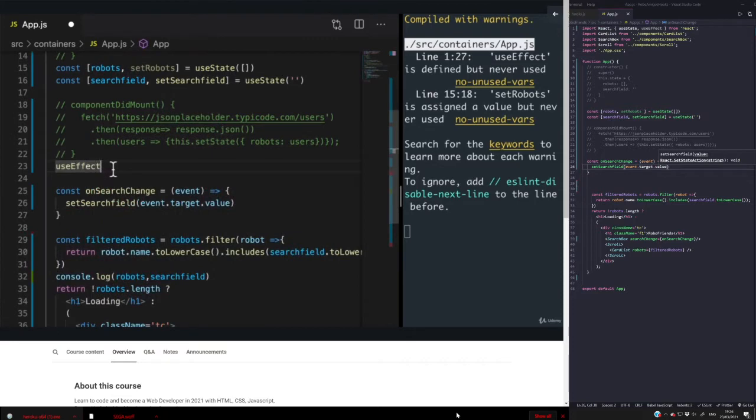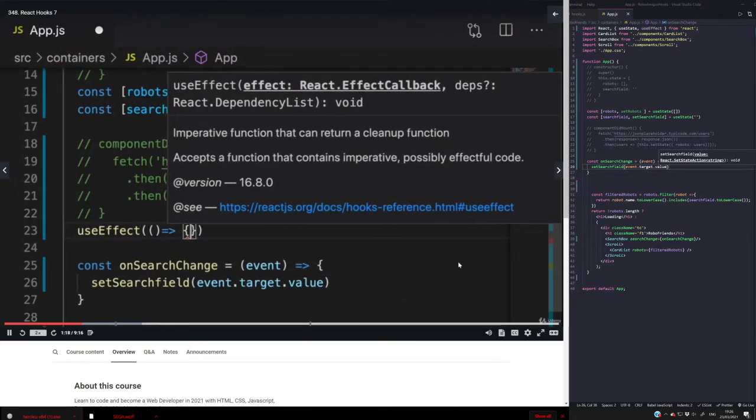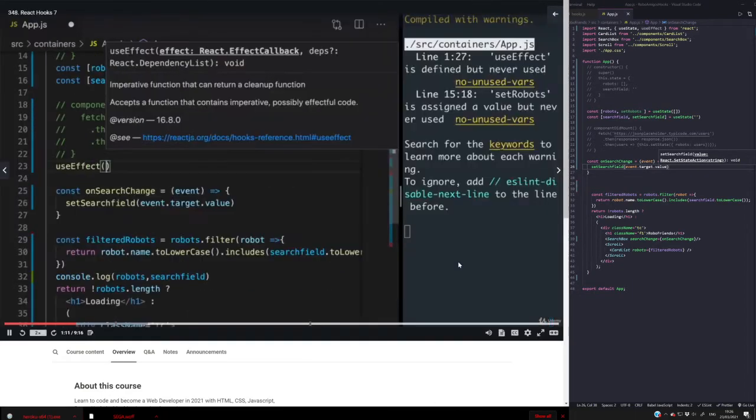And useEffect is going to run like this. And inside of useEffect, we have to tell it what is the side effect that we want this function to do. So I'm going to just create an arrow function. And inside of here, we want to just create, we want this